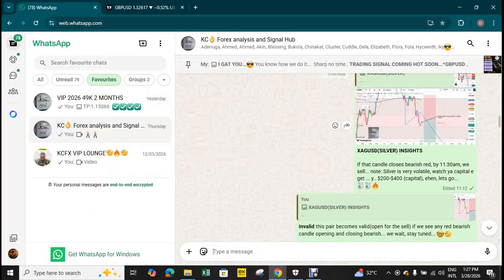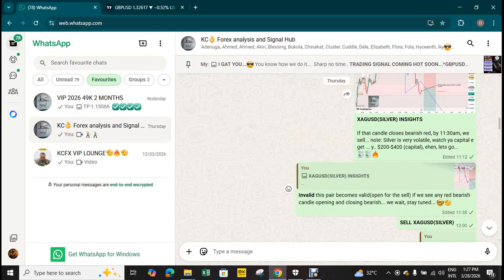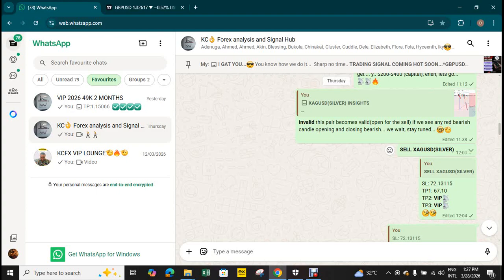So now we saw an invalid pair. It was invalid because price did not close red. It closed green, and when you see green you need to wait for that confirmation, the red bearish candle in the 30 minutes time frame. Don't forget. So by 12 o'clock in the afternoon I gave an entry for us to take a sell